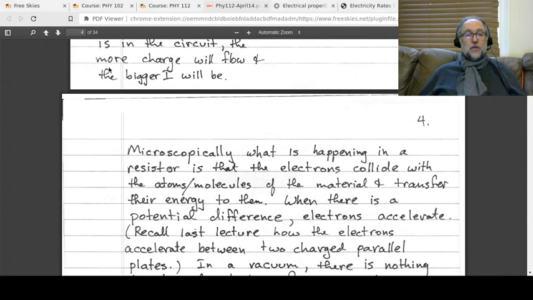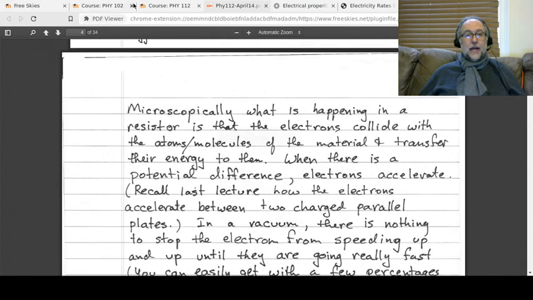One more thing before we can do problems, and this is actually heading towards Joule heating. What is it that resistors are doing to limit the flow of electrons? Well, if you go back to the last video, and you think about this electron that was accelerating between 2 parallel plates, that's a very good model to have in your head. Basically, when you've got a potential drop between 2 areas of space, there's an electric field in there, and wherever there's an electric field,